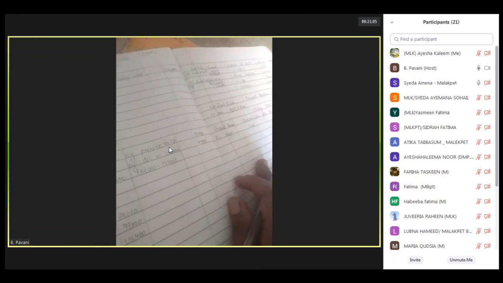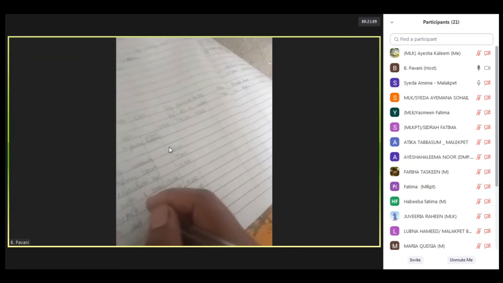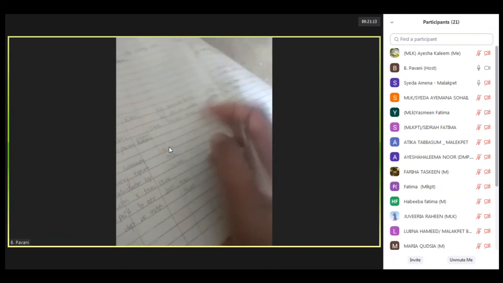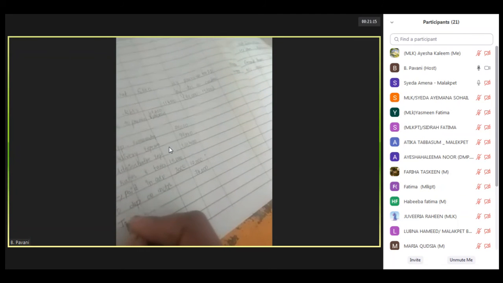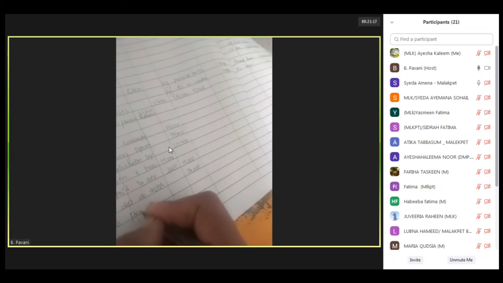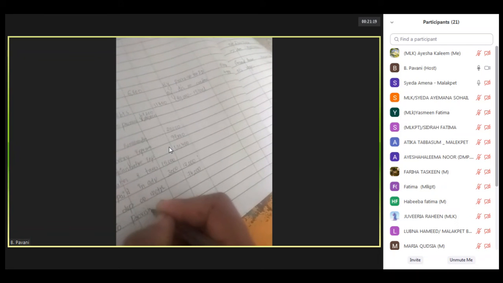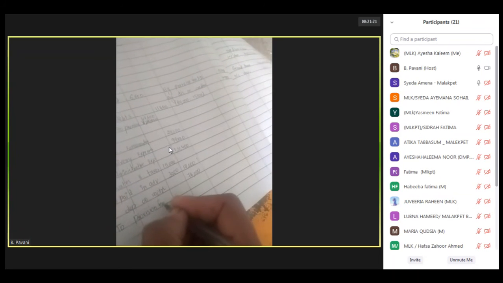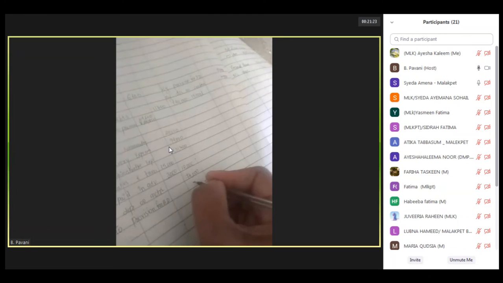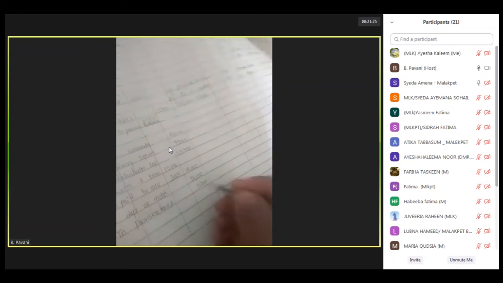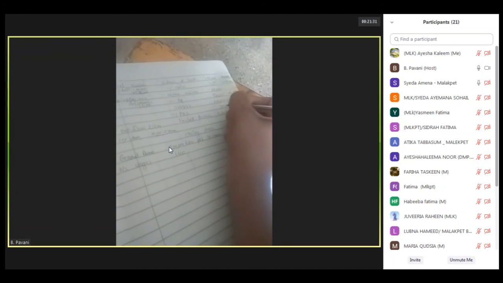The next they have given is that provision for bad debts is to be reduced to rupees 3,500. That is nothing but we should assume it is a new provision for bad debts. The old one is already there, 5,000. This is the new one. The new one I am taking under the debit side of profit and loss account, so I am writing it as to provision for bad debts. The amount is 3,500. One effect I am showing here, and one more effect under debtors I am writing as provision for bad debts 3,500.